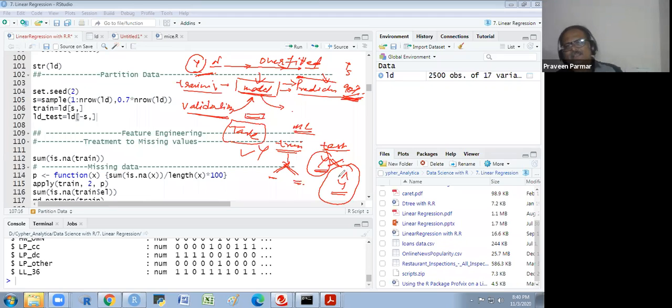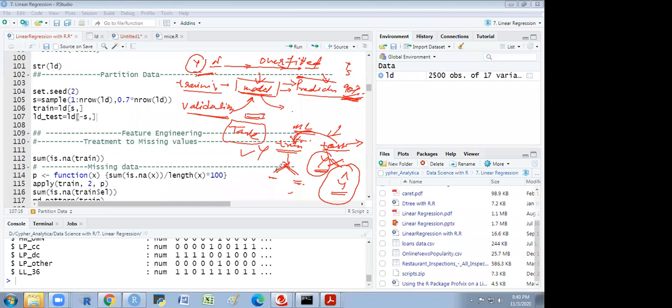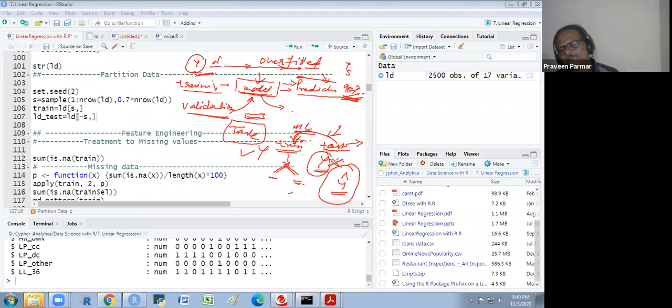If they give you the test data first, then you merge these two, do all the activity, missing values, everything, and then partition it. So its reflection is there in the model and you will get good accuracy through this data also. Or maybe I could just manipulate the actual data and give them the prediction, not actually run the model. That is also a possibility, right? That is also a possibility. Okay, fine. So that is the whole process basically.